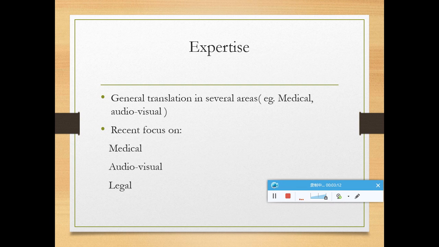Recently, I'm focused on translation in medical settings, like translating for the hospital or translating some medical devices like pacemakers. I'm also continuing to do some audio-visual translation and legal translation. I just finished some translation of some art and some chapters for the New South Wales government recently.